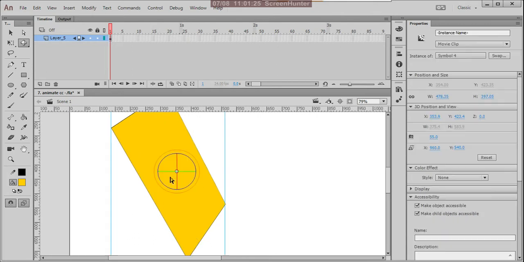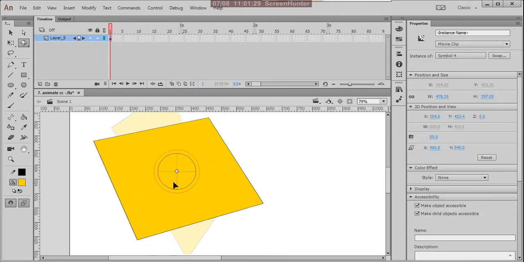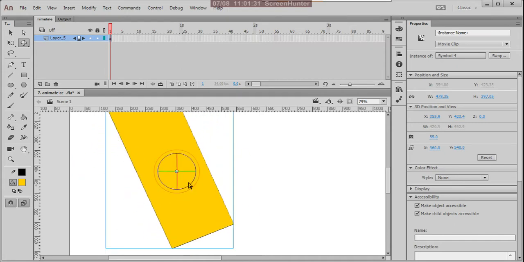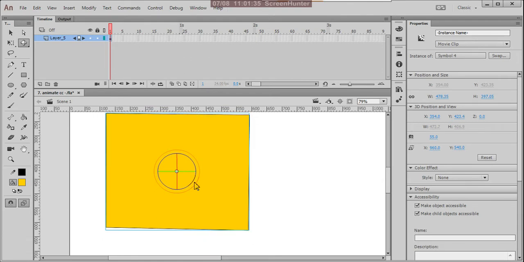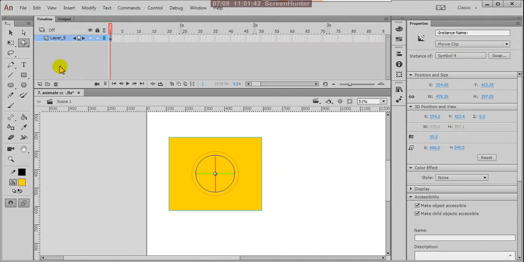See this. Make it Control Z, it must be back to normal. So this is the 3D rotation tool.